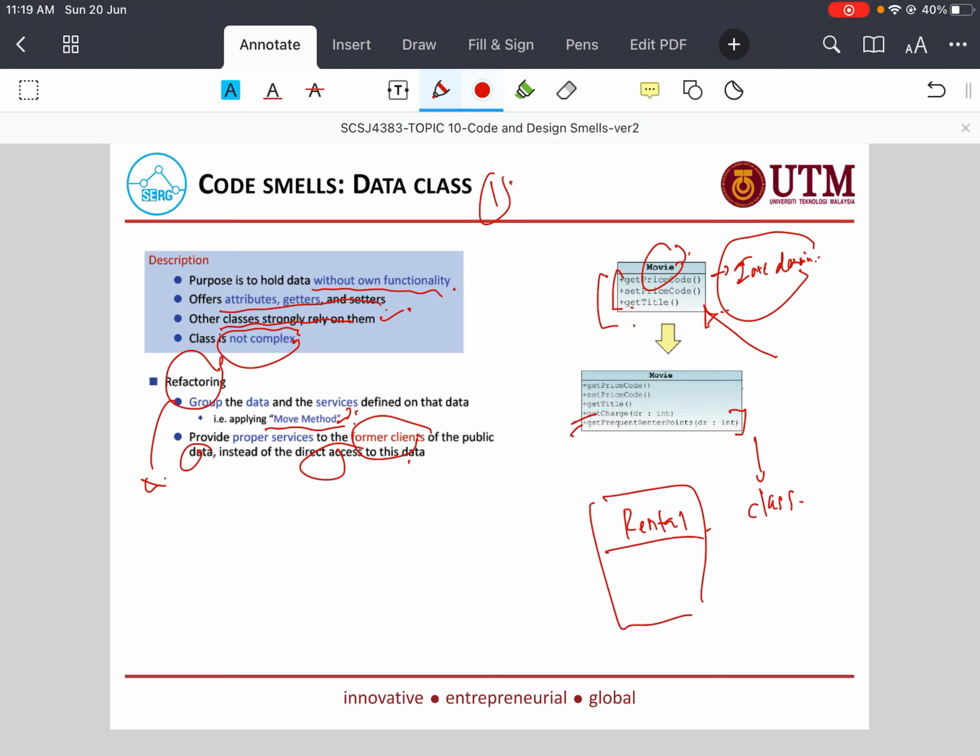If you want to rent the movie, of course you want to know how much you will be charged. That's why we put getCharge here. And then if you rent as a customer, if you are a loyal customer, you will get some points here. Maybe at the end you are unable to redeem the points. So this is the example, to prevent the code smell in terms of the